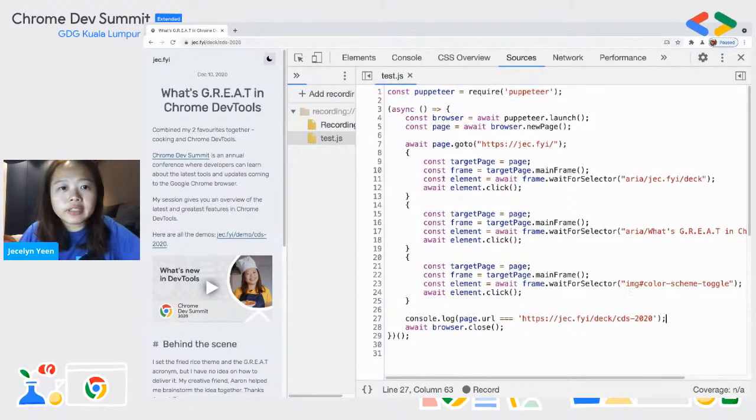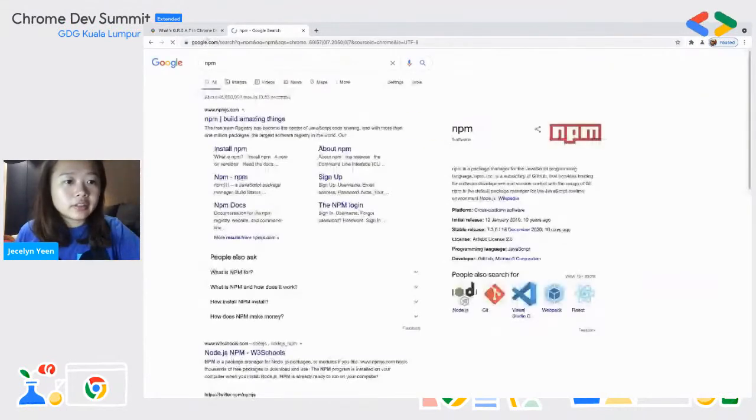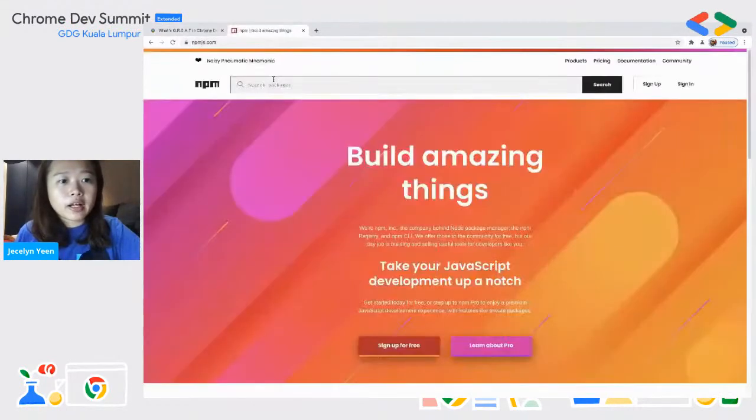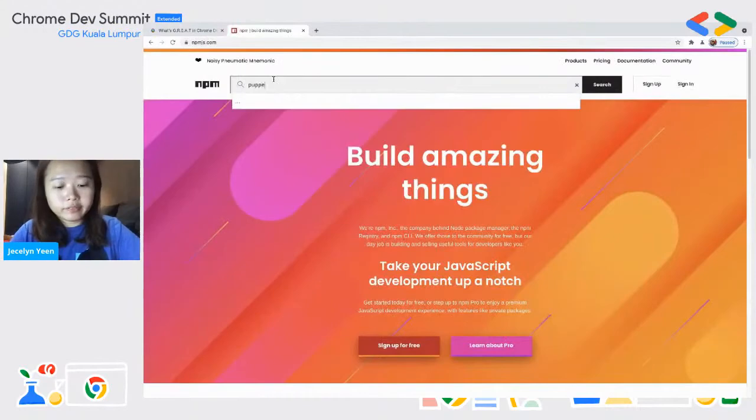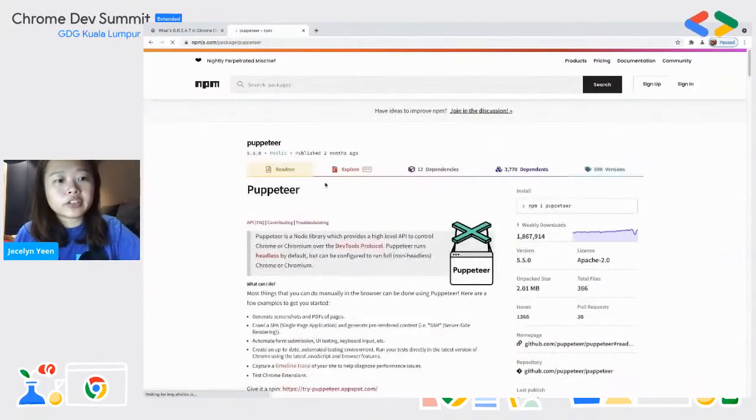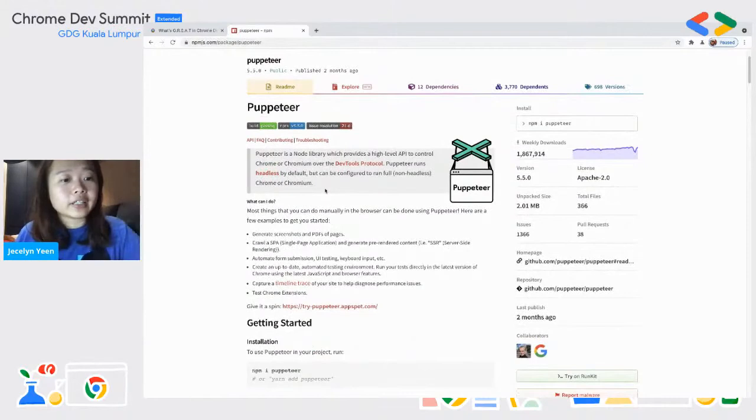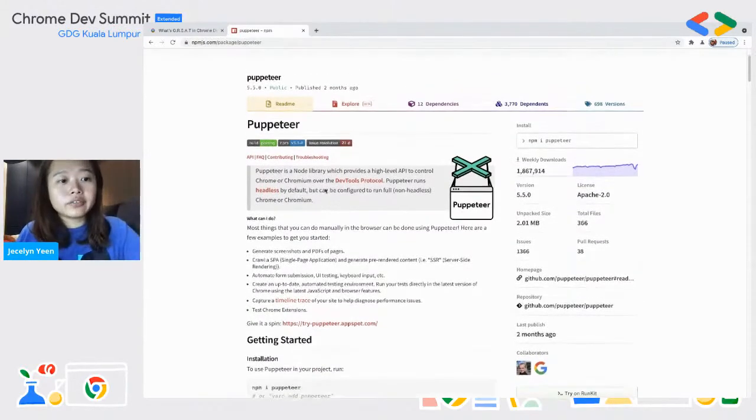So remember that this script, we are using Puppeteer. If you haven't heard of Puppeteer, Puppeteer is basically a Node.js library, which you can search for on NPM if you are using Node.js. So in NPM, you search Puppeteer. This is a library, open source by Google, in order for you to perform browser testing. Whatever thing that you can do with Chrome, you can do with Puppeteer,